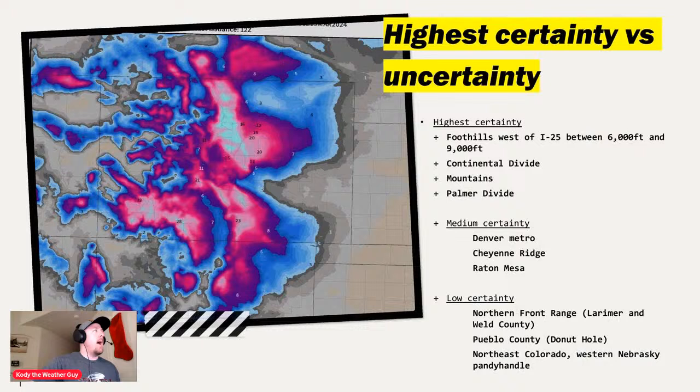So I want to pull up real quick, or actually we don't have to do that. So let's look at this snowfall map. I know a lot of you can't see it. I'm sorry. Let me see. Bear with me. If I can pull this up or at least make it larger. Okay, let me refresh this real quick. Let me see if I can zoom in so that we can see, or maybe not.